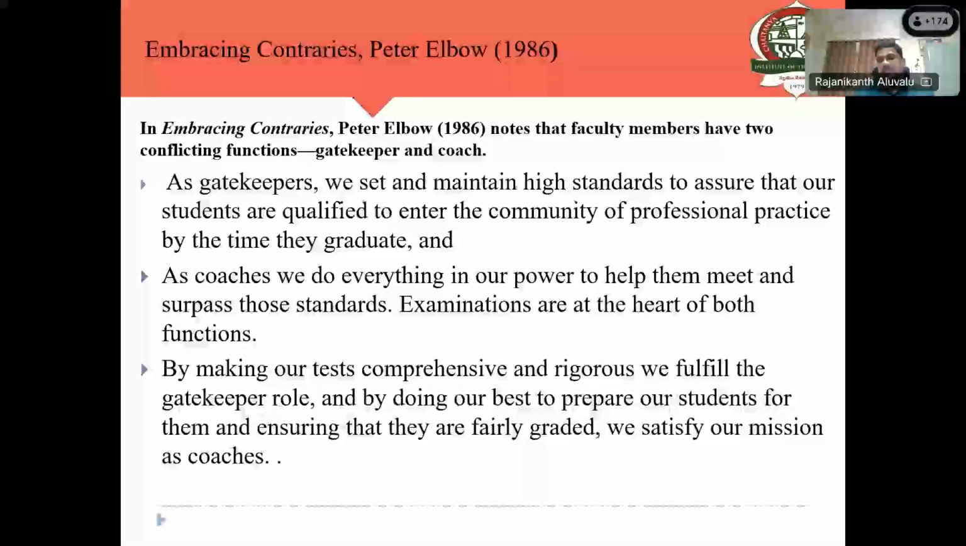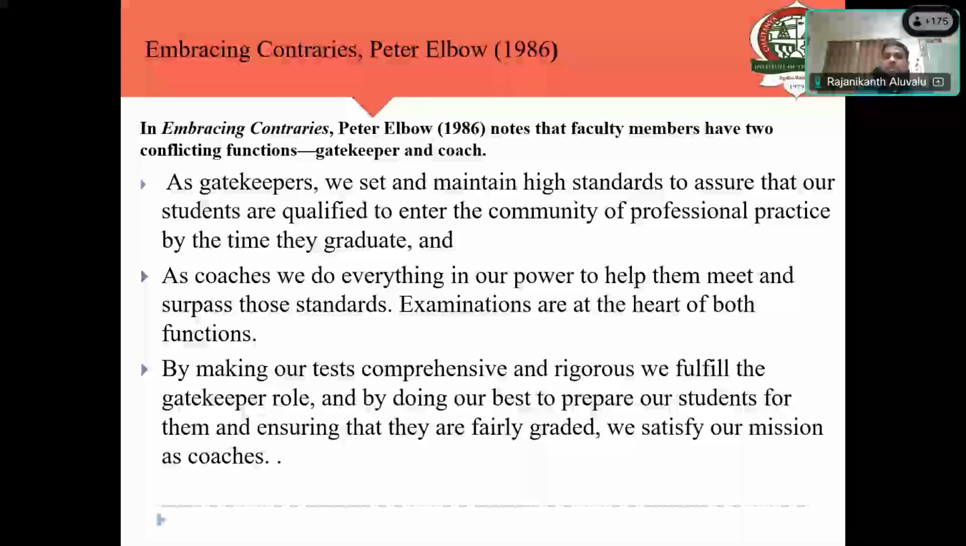So these are various parameters which really help in maximizing the learning. But of course, at the end, to conclude, there are some embracing contraries. There is another researcher, Mr. Peter Elbow. He spoke on the contrary side. What he says is